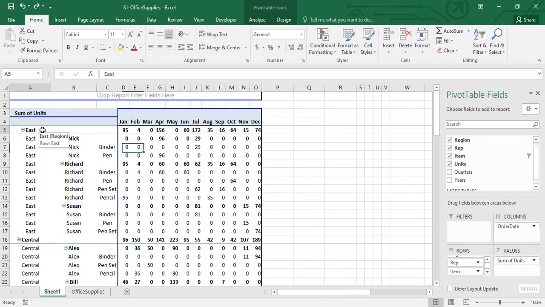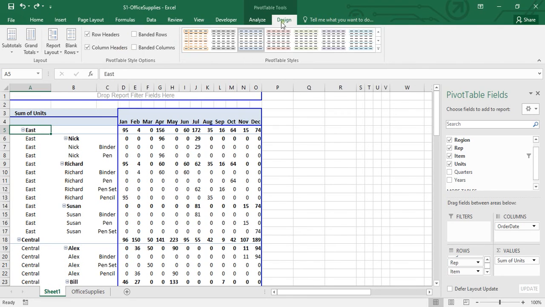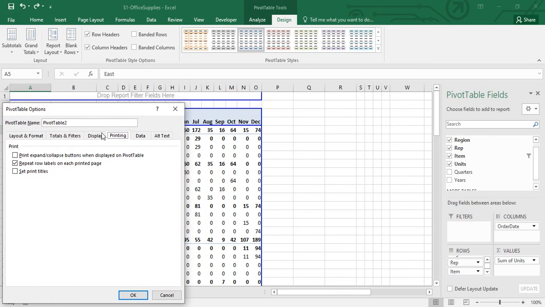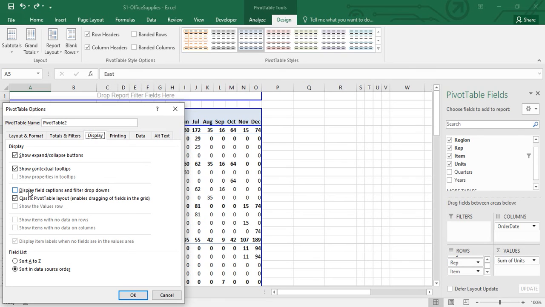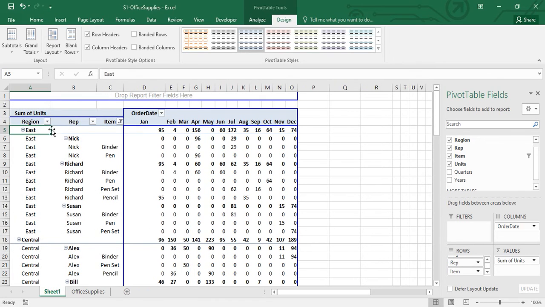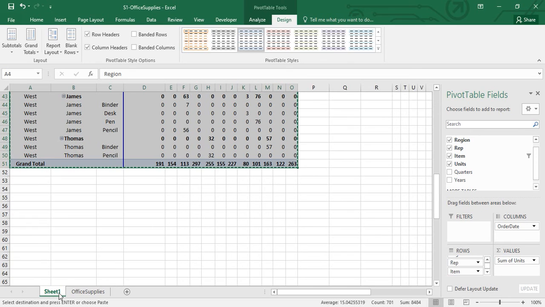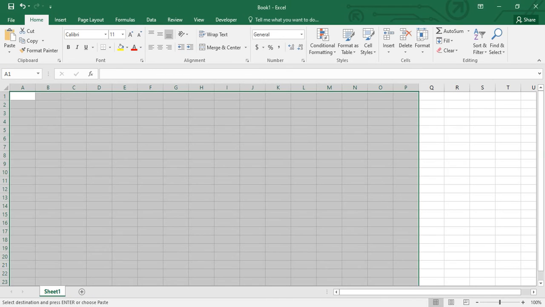Okay, so now we got these things, and let me show you the column headers also. Let it be there, display, and show the head captions. So region, representative, items, and the months. So if I am going to copy all these things and paste it in a different sheet itself,